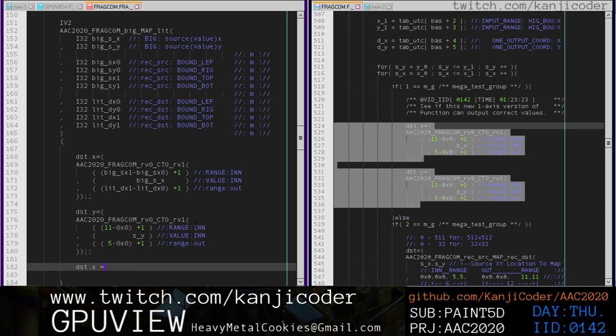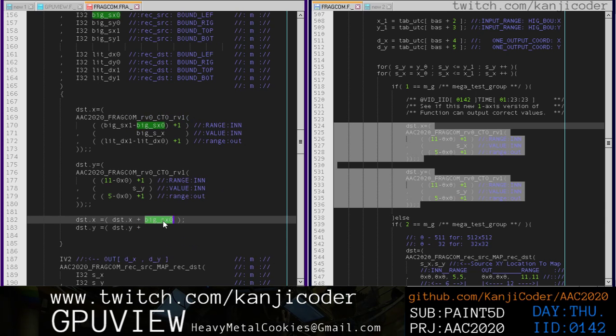So after we create these, we want to say, you know, dst.x. We want to plus. We want to add the little range back on, right? So we kind of took the big range and we zeroed it out with the little range. So now we want to add that little range back on that we kind of zeroed out with, right? So if the little range is 0, we're not adding anything, right? But yeah, so dst.y equals dst.y plus,